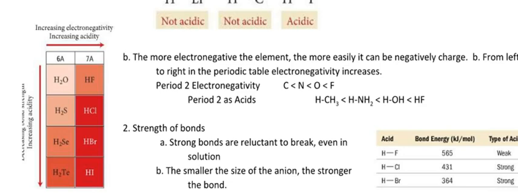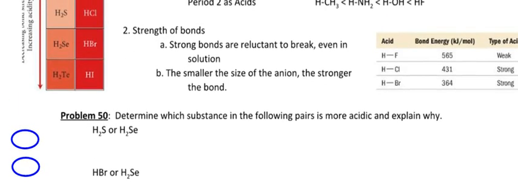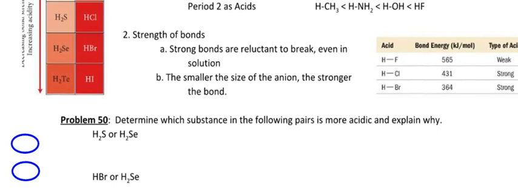All right, so let's look at problem number 50. Let me scroll down here. Looking at a periodic table, or maybe even just use this chart up here, what's the relationship between the S and the Se? Are they in the same period or in the same group? Well, hopefully you figured out they're in the same group. So which one is going to be more acidic? The larger anion, so that would be the H2Se,